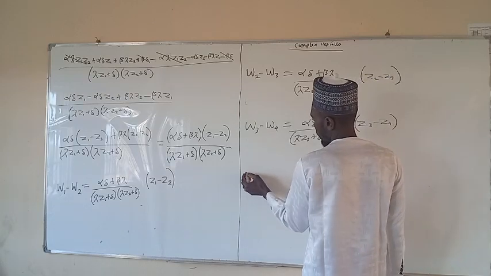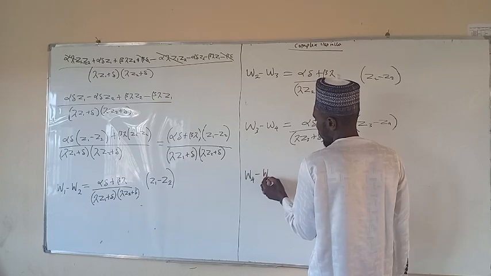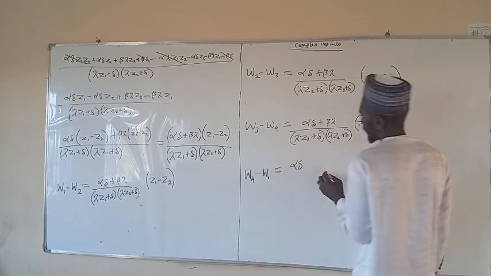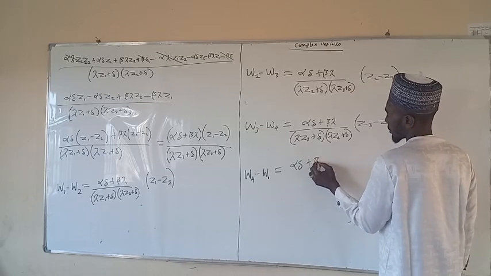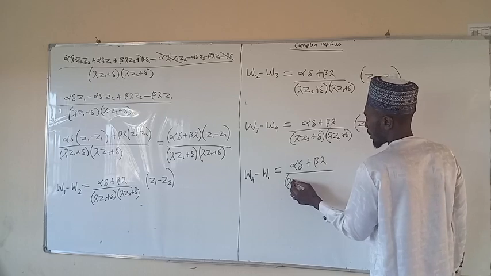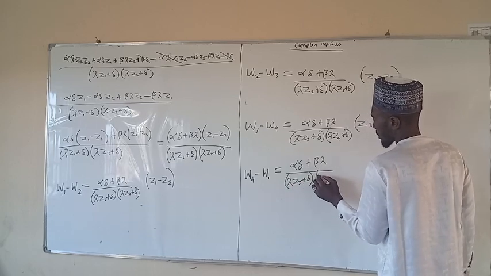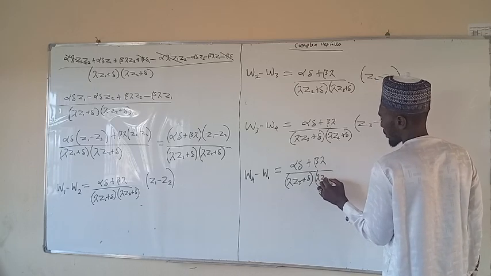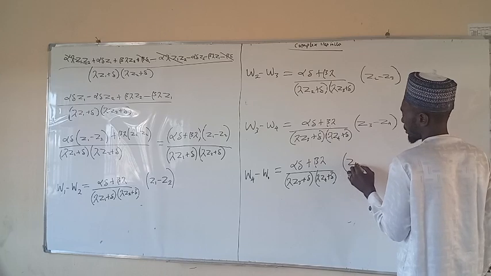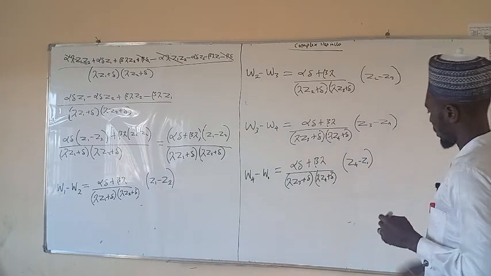and the last one is going to be omega 4 minus omega 1, which is equal to alpha delta plus beta lambda all over open bracket lambda z4 plus delta into lambda z1 plus delta multiplied by z4 minus z1, as required,